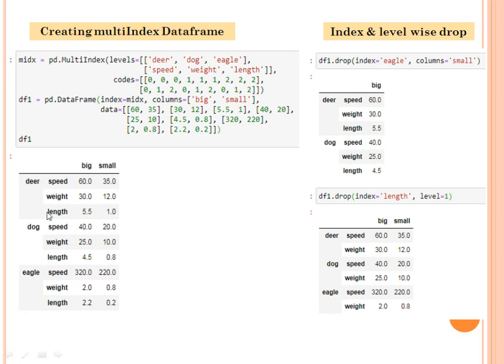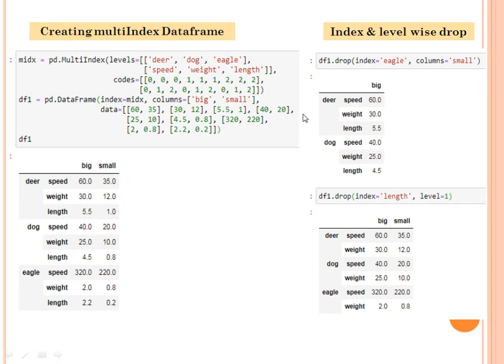See here, these two columns are treated as an index, but this is index level 0 and this is index level 1. By default, when you write index, then only index level 0 is seen and taken into consideration. Unless and until you have mentioned level 1, only then is the level 1 index seen.